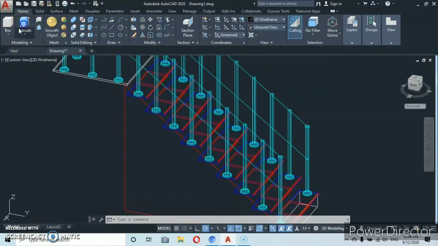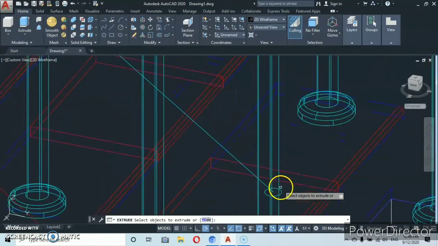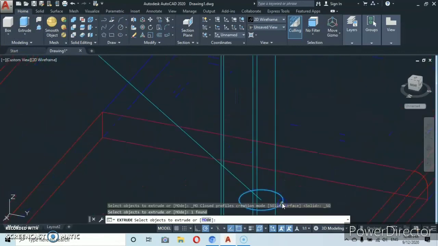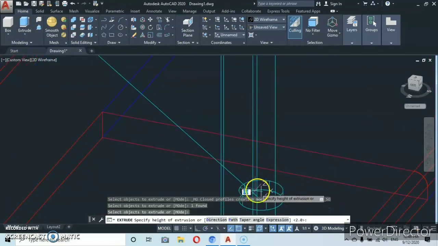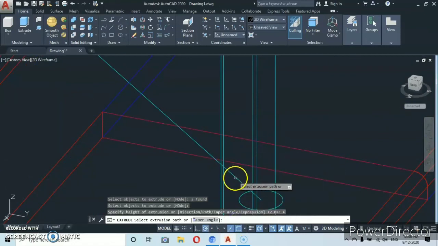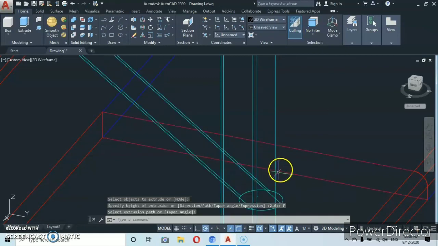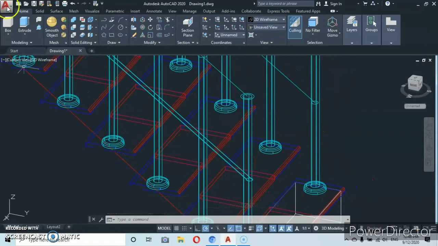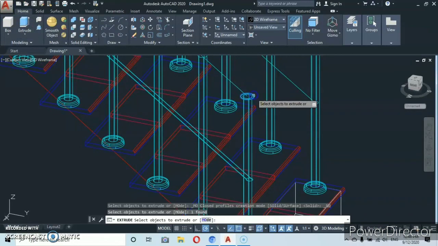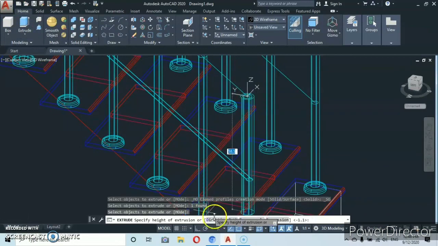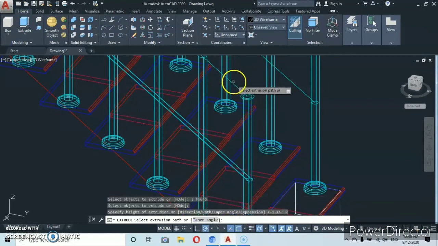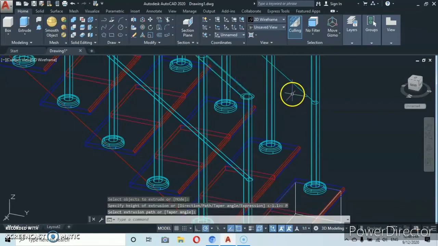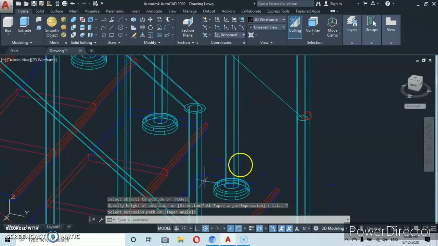extrude command. Go to extrude. Let's start with this. Then you select the circle, enter. Let's follow the path. This is our path, and we'll have something like that. Go back to extrude, and we select this other circle, enter. Let's follow the path, and we have that. We go to this other one,